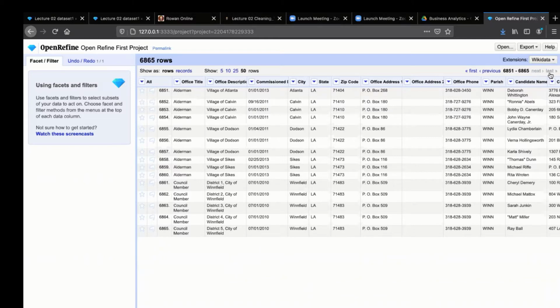And it is showing only 50 rows at a time. And if you just look at that, there are a lot of data, and it's kind of difficult to understand what is happening here. So one thing I know already is that this office commission date is not uniform,